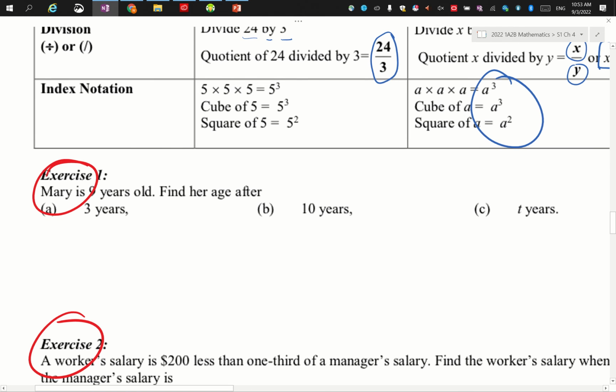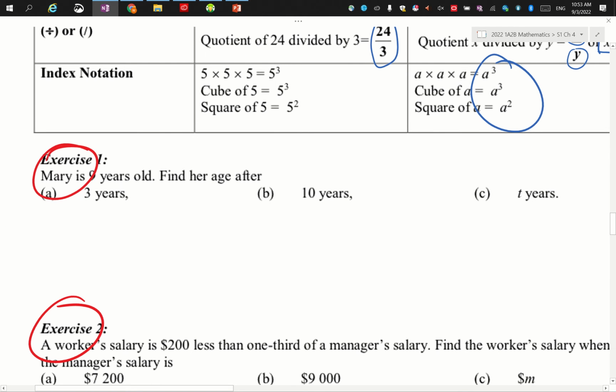So your homework yesterday was to cover exercise 1. Mary is 9 years old, find her age after 3 years. I'm not too interested in the final answer. I'm interested in how you present your work. That is important, especially when we come to algebra. I have no doubt you guys know that she is 12 years old after 3 years, but I want to see the working. So in part A, age